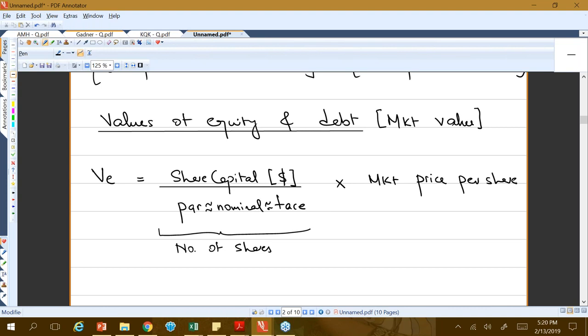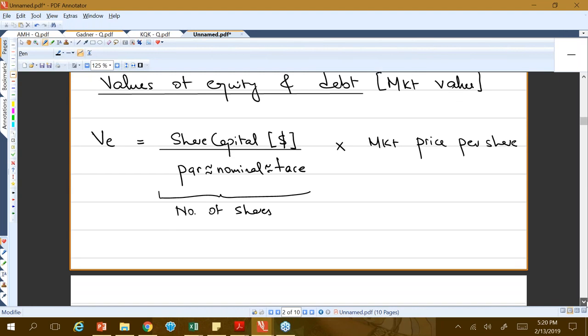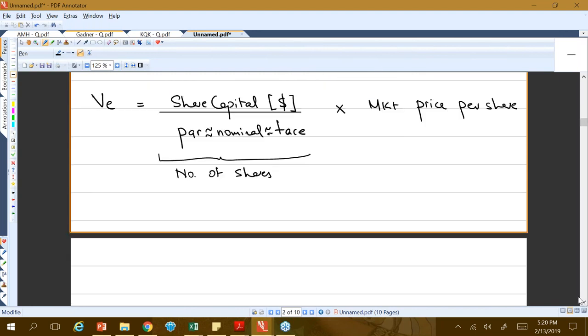And that gives you the value of equity for ordinary shares. So that's how we find the VE. If you have to find the VP, which is the value of the preferred share, then what you will do